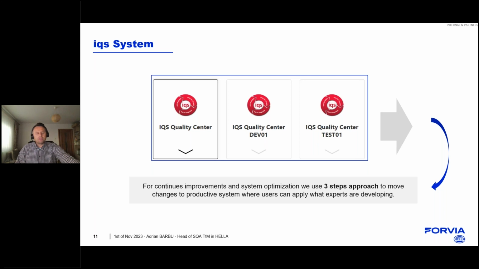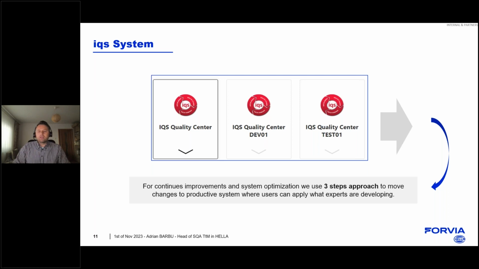So the IQS Quality Center is basically the module which all our productive users, or all users globally, are able to use and apply the systems with, based on what the engineering team and the complete team, together with IQS and HELA, are developing, together with the testing system, up to the testing phase.